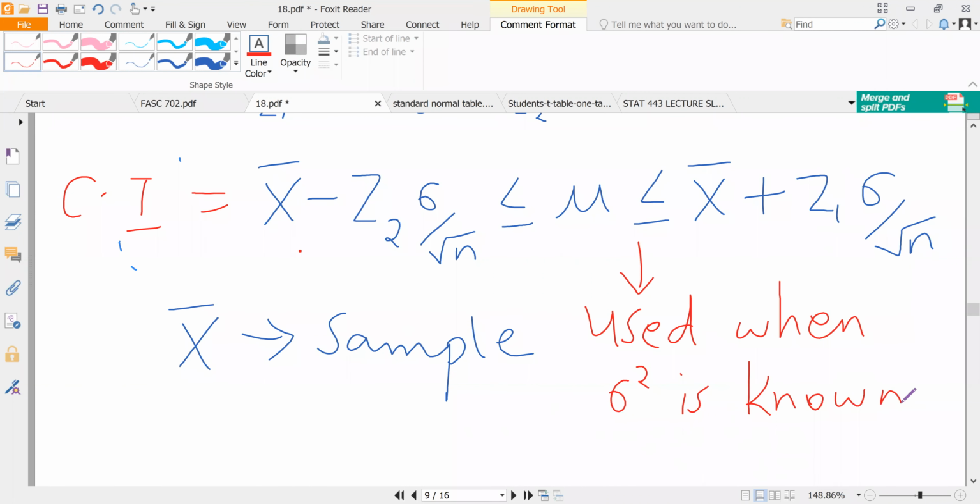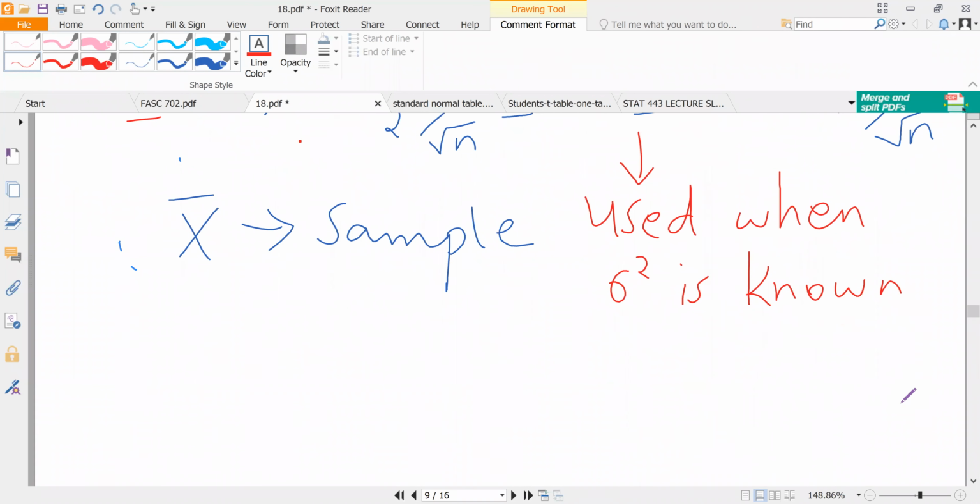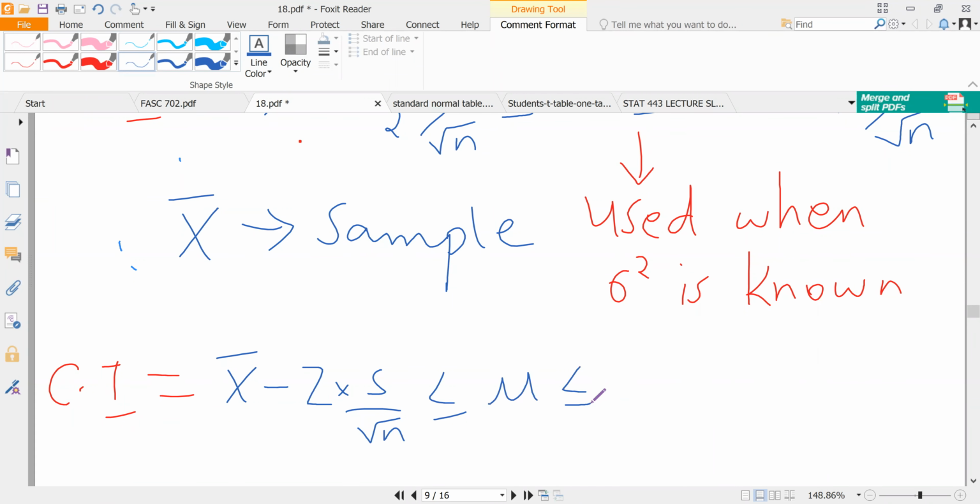However, if you do not know the population variance, then you have to calculate or estimate it using the sample data that you got. So you can also calculate your confidence interval to be equal to x bar minus z multiplied by s over root n less than or equal to mu less than or equal to x bar plus z